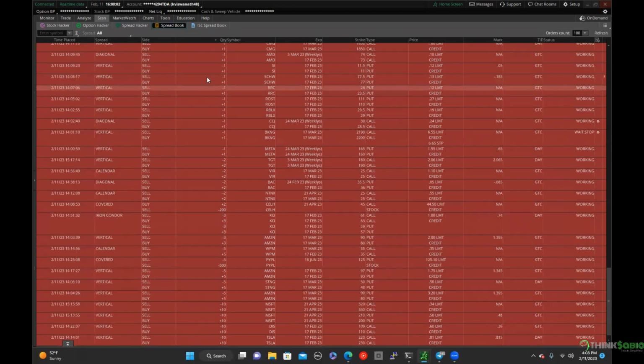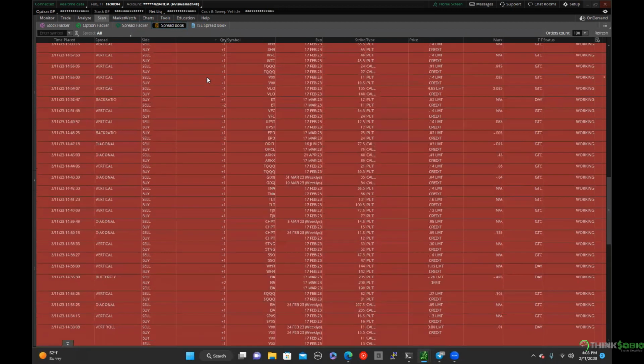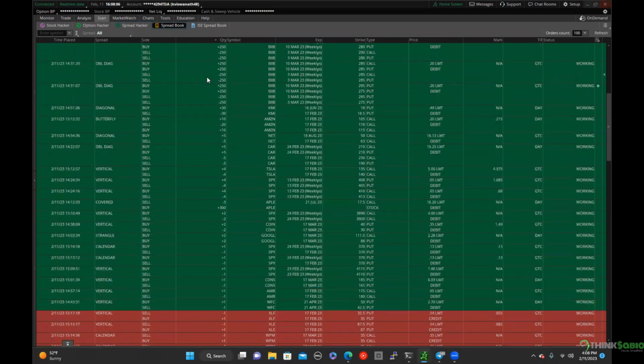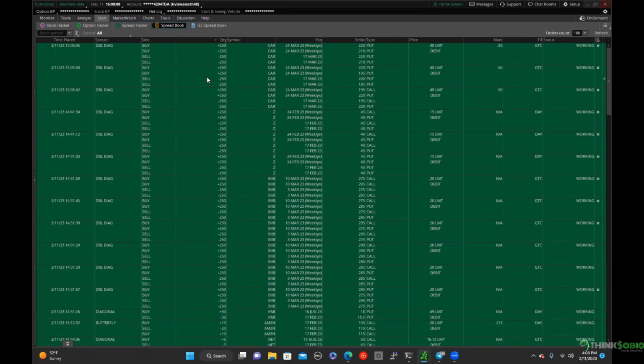Spread book is basically all the contracts that are trading, and then ThinkorSwim will grab them and maintain a book, and that's called spread book. And you can sort it by quantity or symbol, or the expiry or the strike, whatever you want. I just sorted it by the quantity, so who is betting big